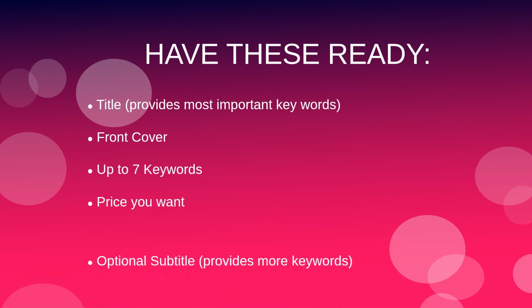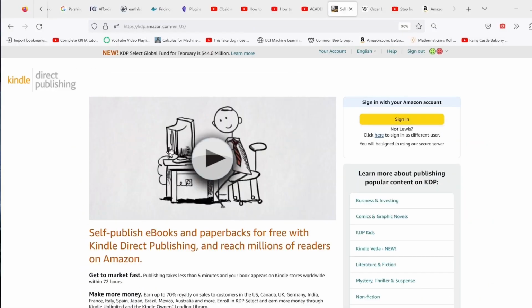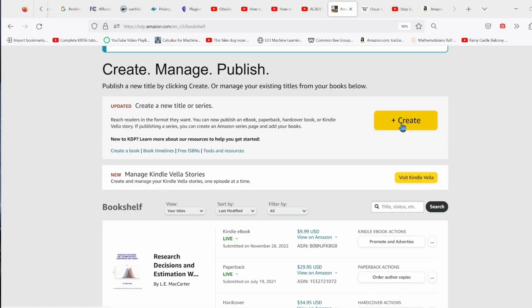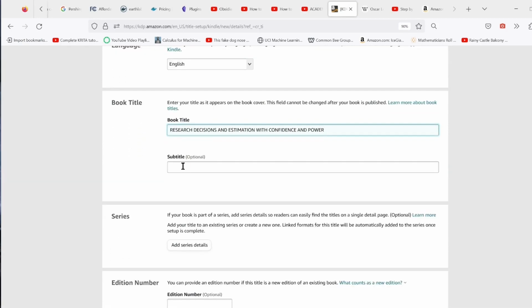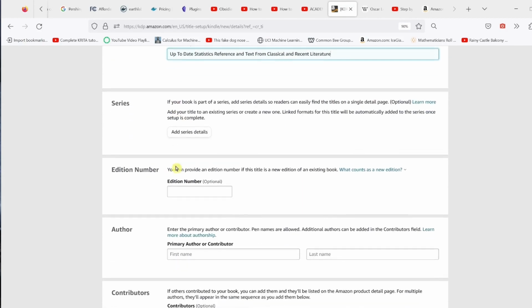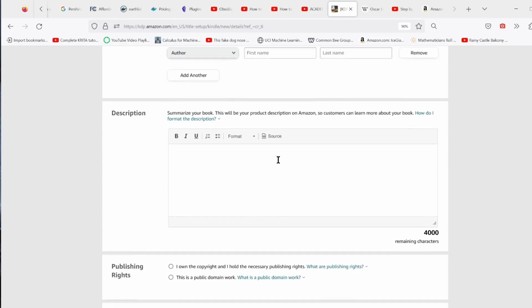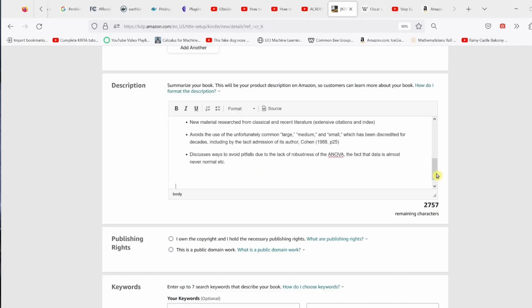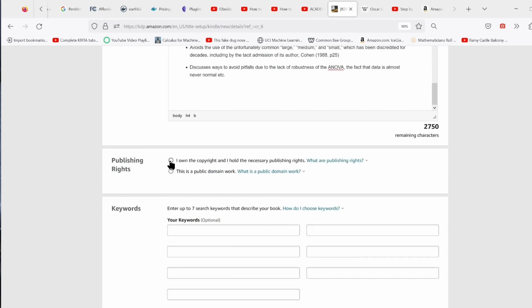You can copy and paste from a word processing file, such as a doc file in LibreOffice or Microsoft Word. To upload your finished KDF file and your front cover, have your materials ready. Then go to the Kindle Direct Publishing website and choose Kindle eBook. It will request each of the above items, and it will also ask for contributors, generally referring to co-authors. Single authors can usually leave that blank. Filling in the blanks is mostly obvious. Be certain to copy and paste the formatted blurb describing your book where it says description.